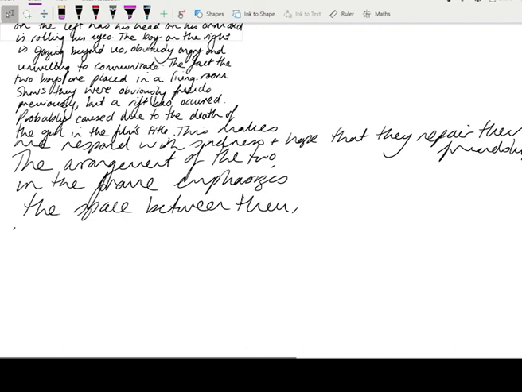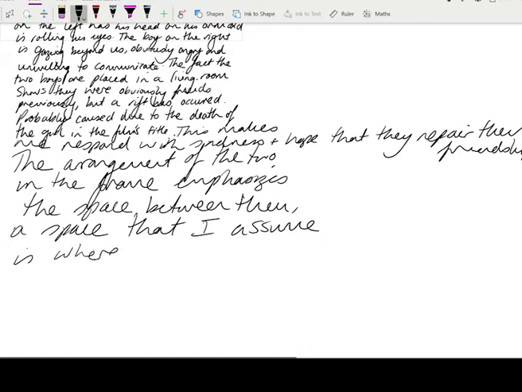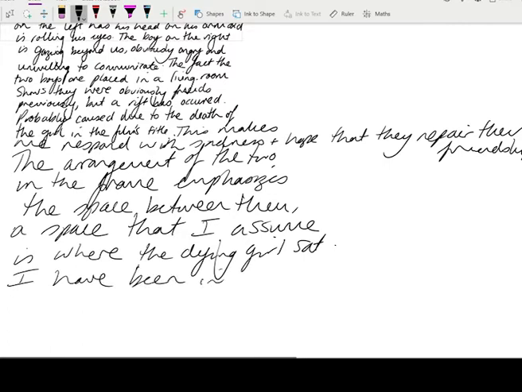So the arrangement of the two in the frame emphasises the space between them, a space that I assume, and you can use the word I and personal voice in this. In fact, they want your personal voice. So it's where I put where I assume is where the dying girl sat. And you can even relate it to your own life. So you could say, I have been